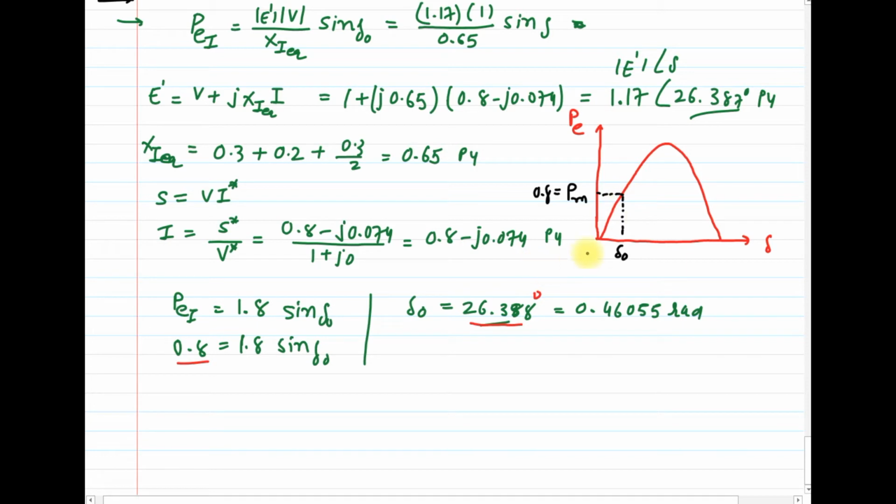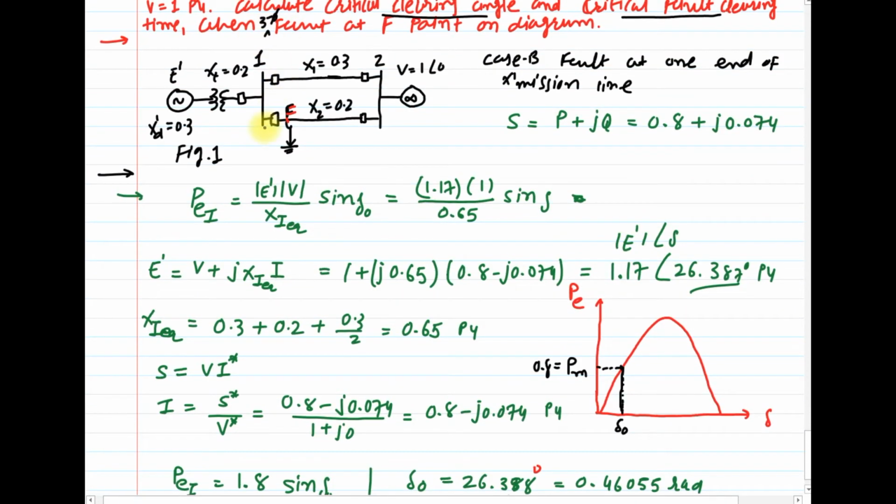Now let us consider a fault at the end of the transmission line. So the power transfer will drastically become 0. Just recall the theory of the case when the fault is at the end of the transmission line. So the power transfer will become 0. Clear? And after this much of time, say at an angle of delta CR, the fault will clear and try to restore.